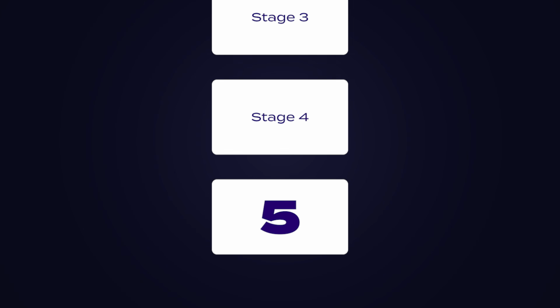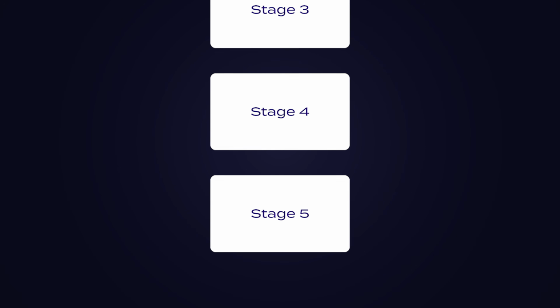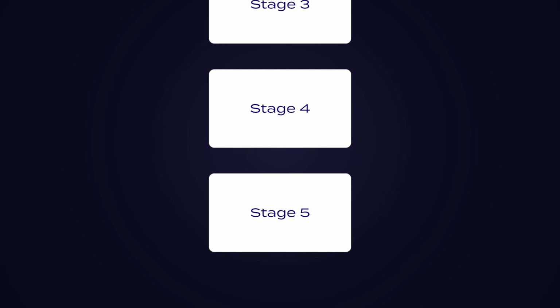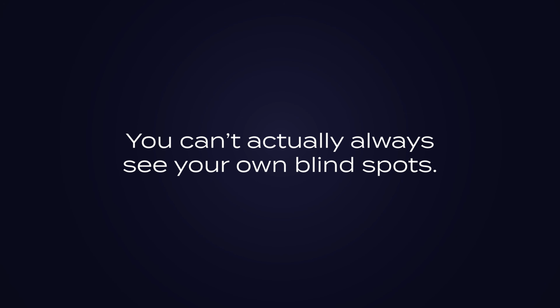Okay, but there's one other stage that speeds learning up more than anything. One of the hardest parts of learning production is that you can't always see your own blind spots. And this happens to me all the time. It happens to everyone. We're human. I'll still get stuck doing something a certain way. And until I actually work with another producer, that's when I suddenly realize that, oh, there's a better, faster, more productive approach to something.